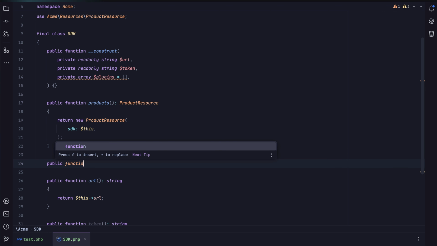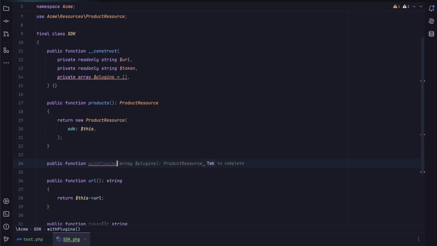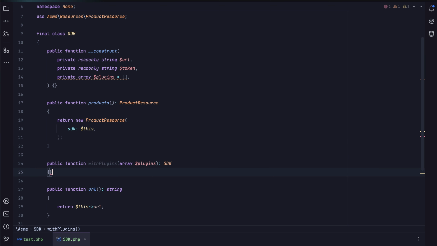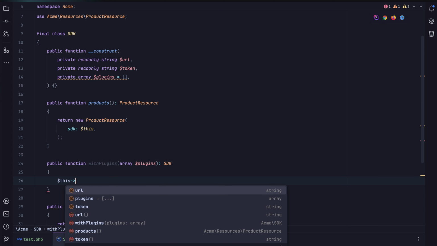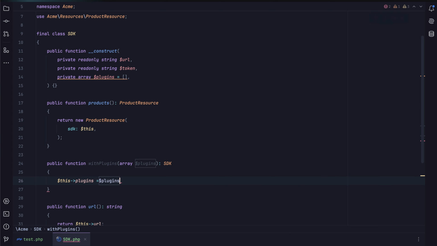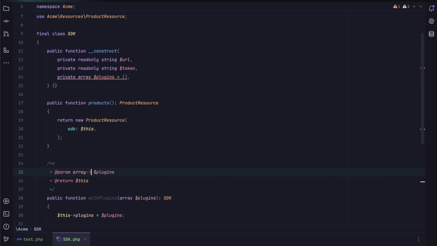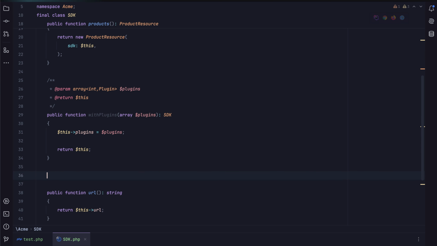Next up, let's add a method called withPlugins, which is going to accept an array of plugins that we can use to attach to our SDK to the HTTP request we're about to send. This makes it nice and easy to work with, and we're going to return this so it's chainable. Just add some doc blocks here, and we want to typecast this to an int plugin, which is the plugin interface. Next up, we're going to add a new method, so public function default plugins,